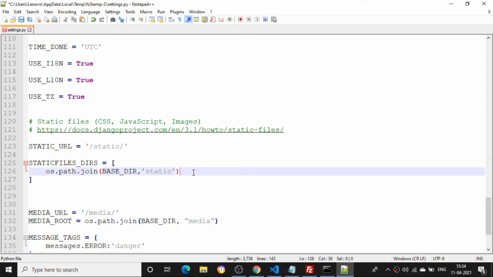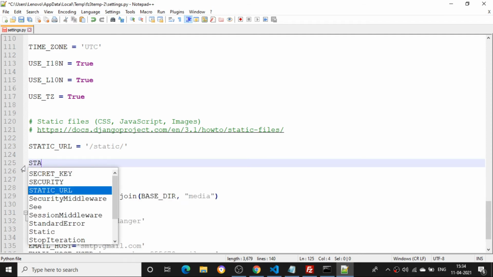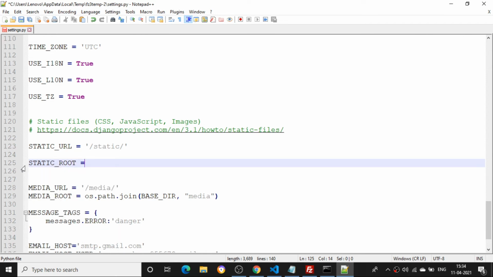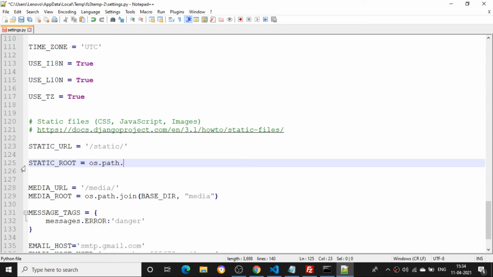I'll do the same for static. So I'll remove this one and tell STATIC_ROOT is equal to os.path.join, with the base directory and static. I'll close this one.